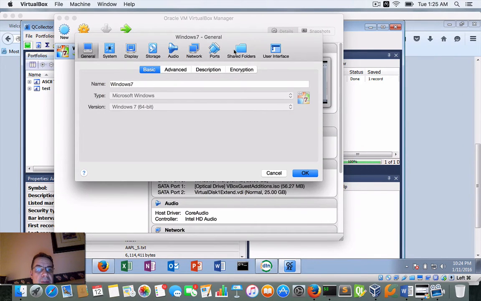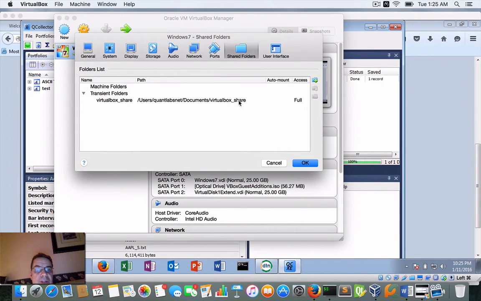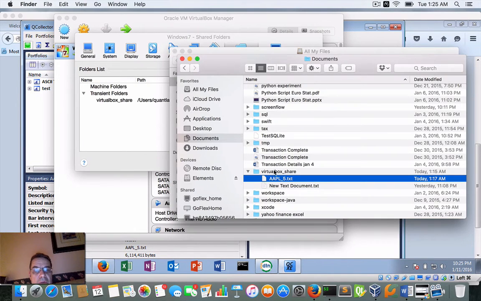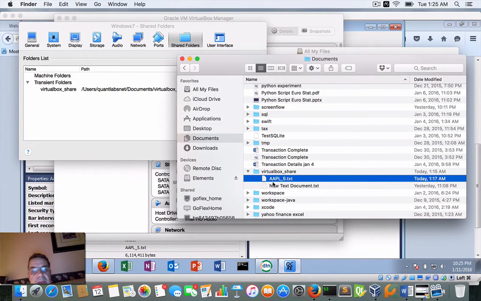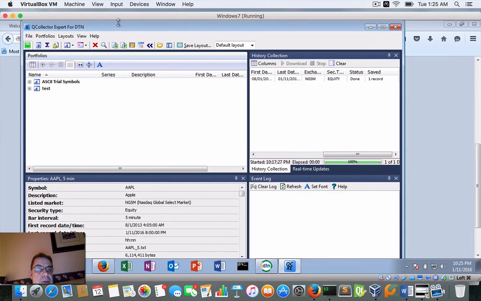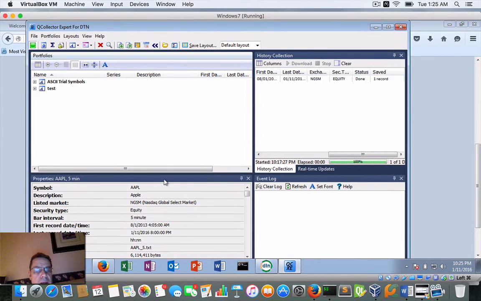VirtualBox, if you come under shared folder, you'll see here I've set up on my Macintosh this folder to be shared in my Windows environment. If I navigate to that folder, which is VirtualBox underscore share, these are the documents that are shared between my Windows and my Mac. Cool. So if I go into my virtual machine here, what you'll have is now the ability to download data,